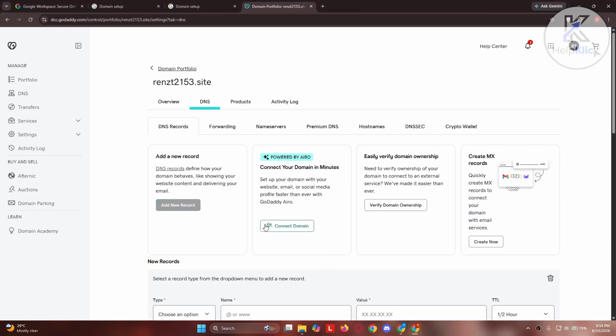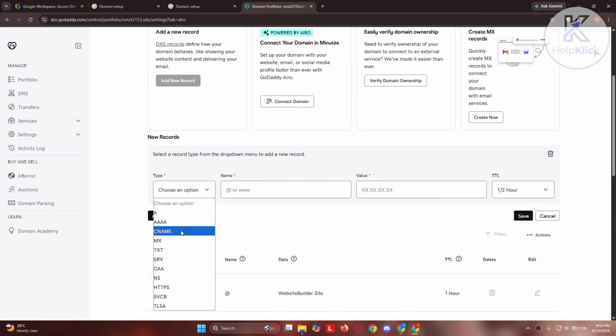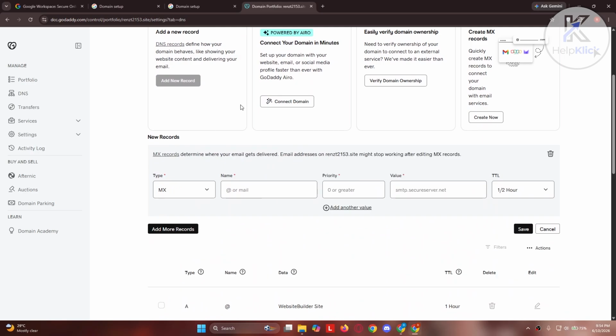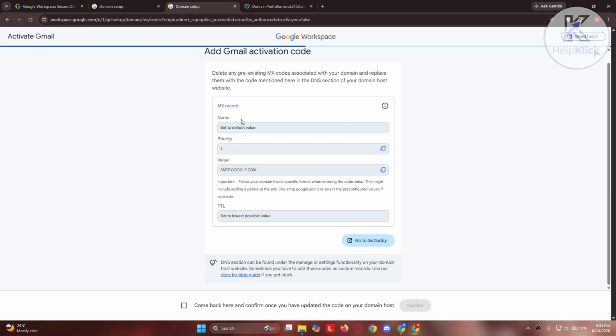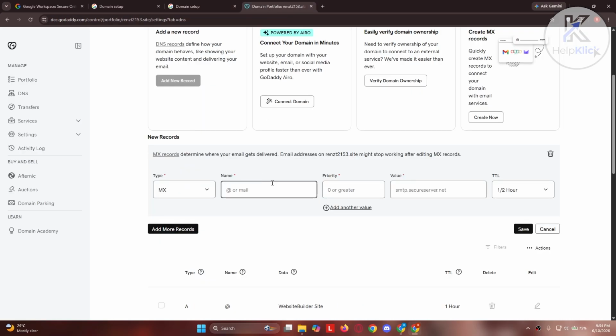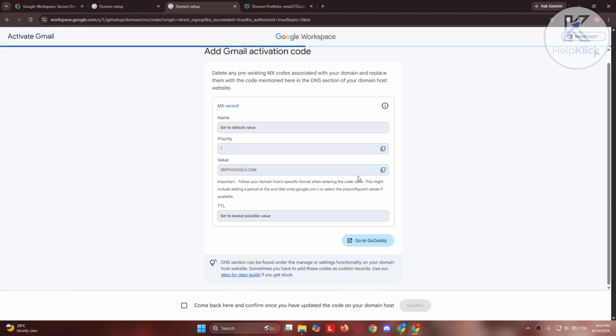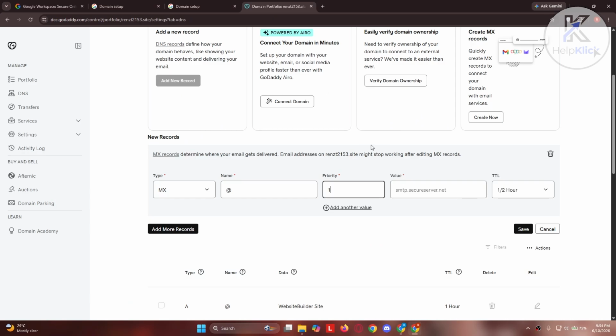Let's click on add new record. From here, you want to choose the MX option. Now, priority is going to be 1. The name is going to be the default value here, so we're going to keep this as an @ sign. Now, copy again from here. And you want to set the time to the lowest value. You could just choose 1 week